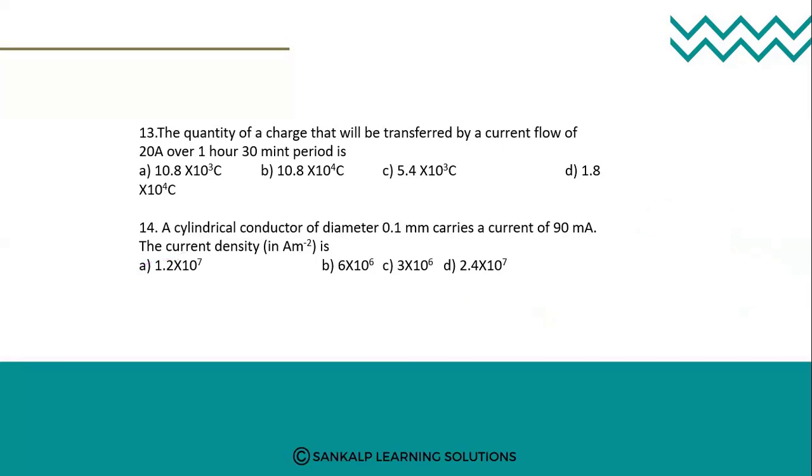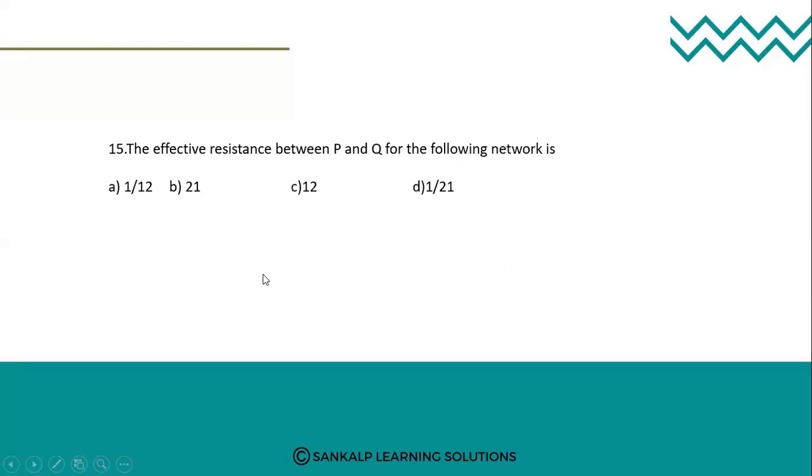Okay, going for the next question, students. The effective resistance between P and Q for the following network is. So again, we need to take a circuit diagram here. So the circuit diagram is given like this. What is the value of the effective resistance they are asking? So here we have P and here we have